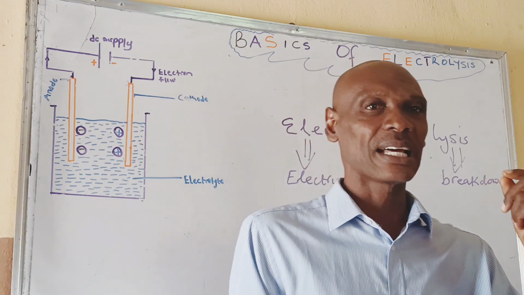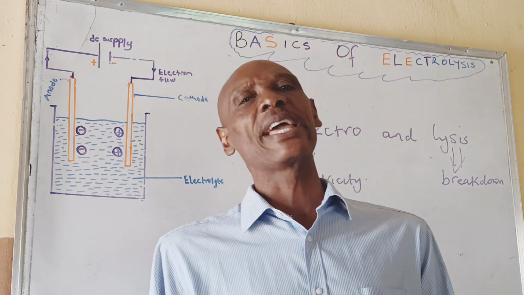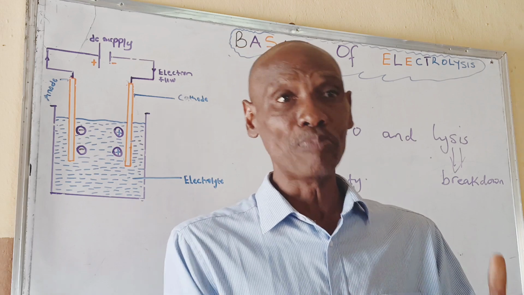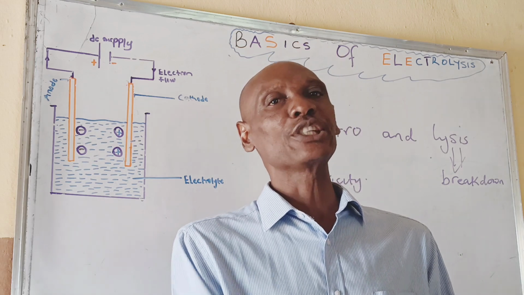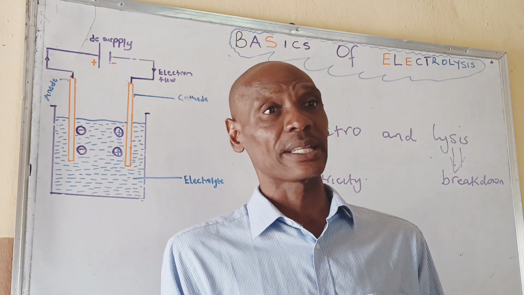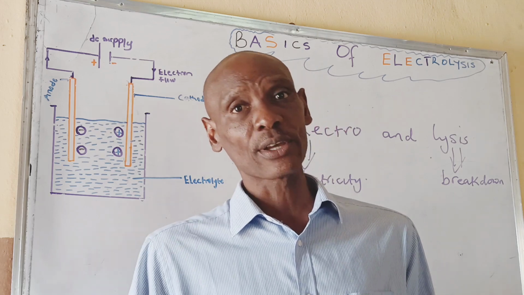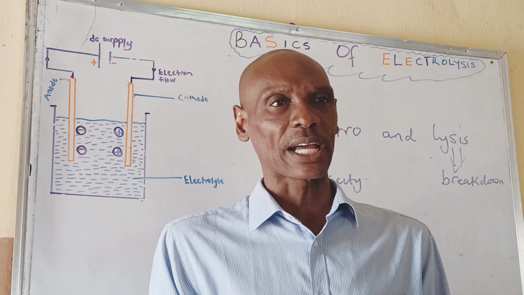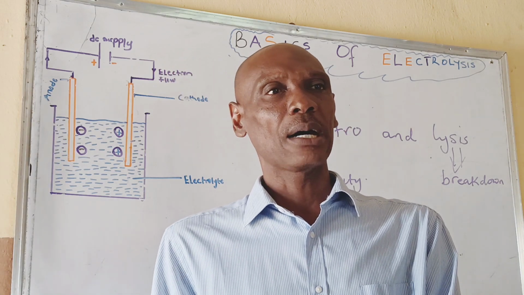However, in either the molten or the aqueous form, the heat that we've used to melt the sodium chloride ensures that the ions are free. They are mobile. While in the aqueous form, the water that we use in dissolving the sodium chloride has also made